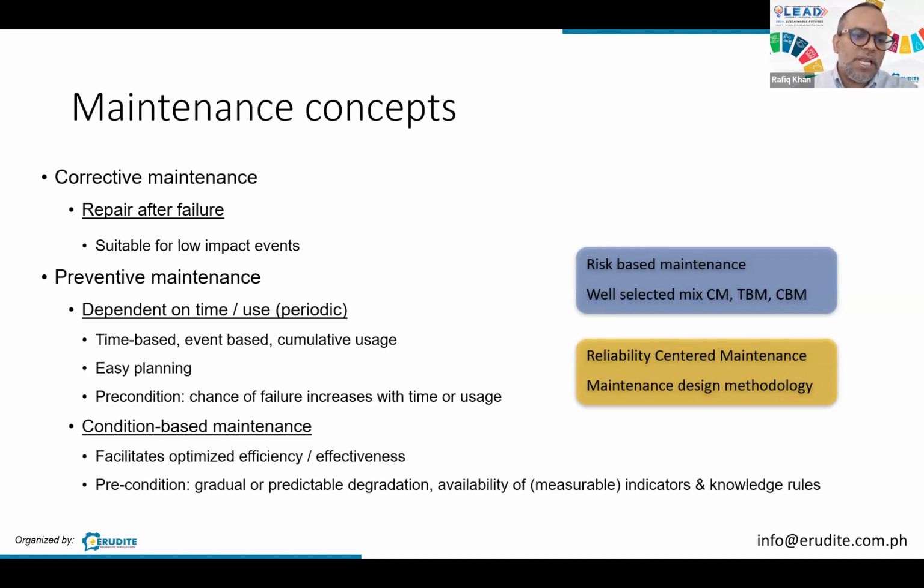It gives you an easy planning approach, so you don't have to think about this too much. You just use the 6 months or 10,000 kilometers as your guideline. Every time you look at it, you say, okay, in 6 months I will replace it, or if I reach 10,000 kilometers, I will do it. But there is a part which is also known, for cars and other applications, also for power system equipment: your chance of failure increases with time or usage. So if you have an asset which is 20 years old and you continue doing this kind of maintenance, you increase the chance of failure.